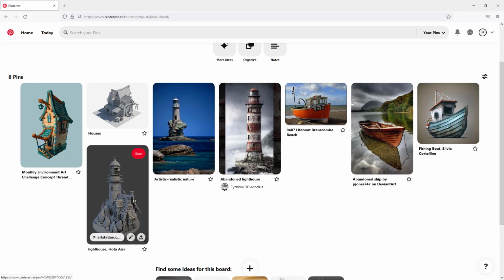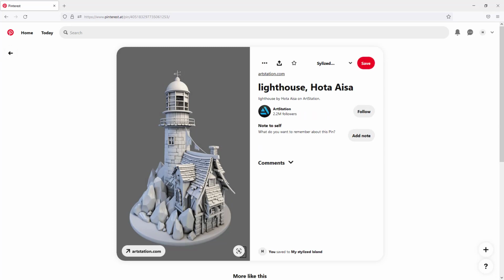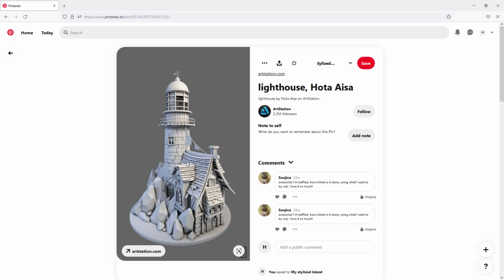So for example, I like this type of thing very much. I like the details, I like the displacement of the bricks here. I like the type of ceiling. I like the amount of details that I have here. This is probably very hard to achieve, but I would like to explore something like this. So I will probably